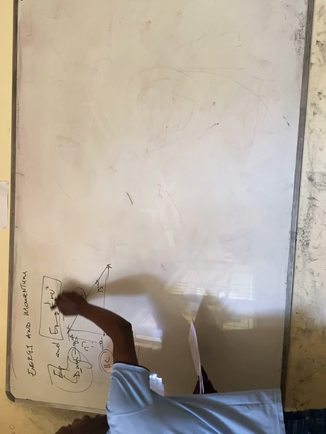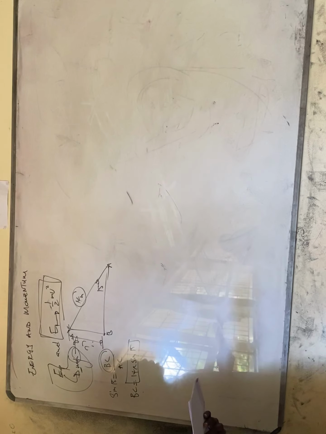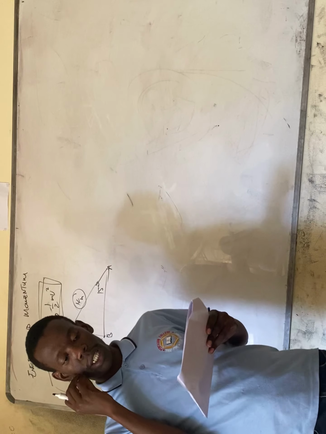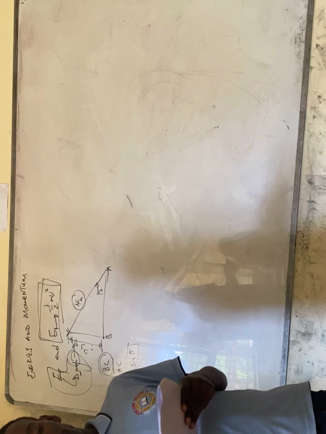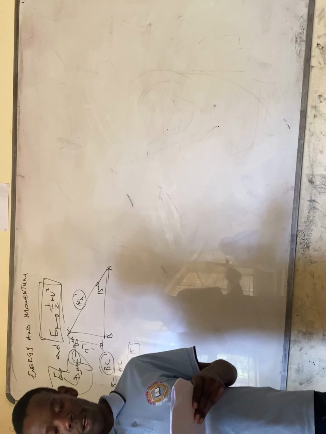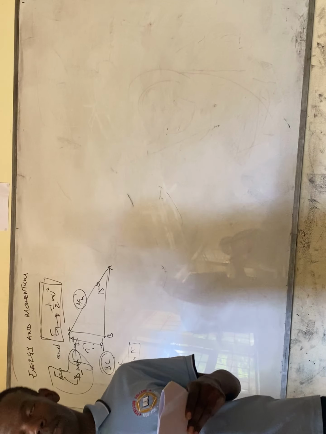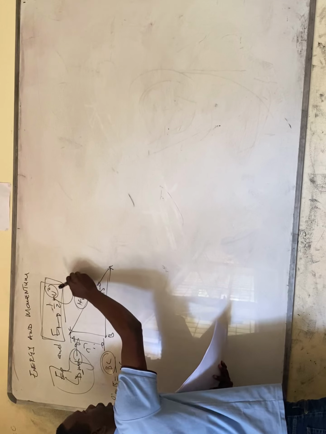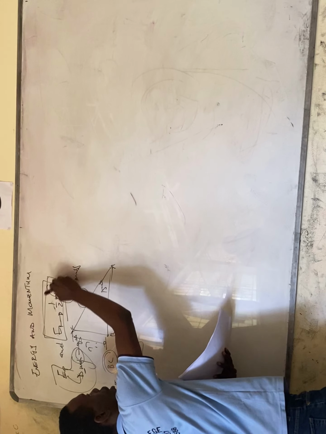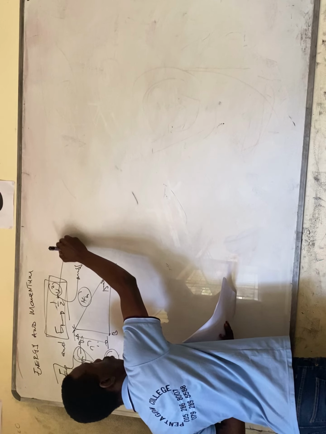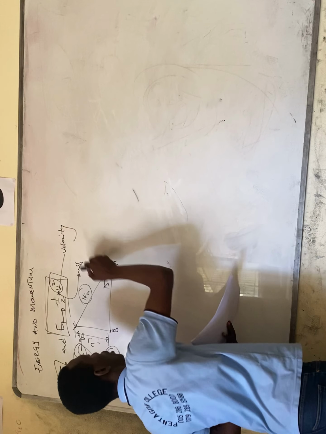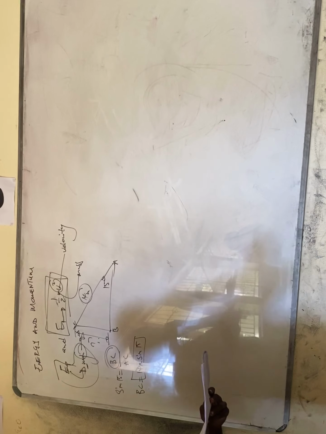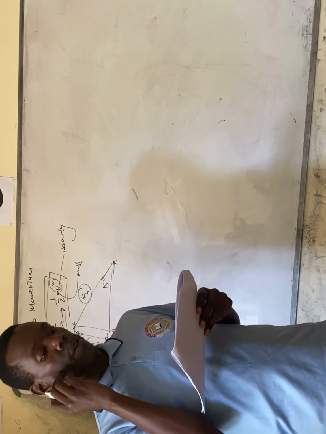Again, EK, which is kinetic energy, is the energy a body possesses due to its mass and velocity. Now we know the mass and velocity. This one is the velocity. So after we are done with this difference between them,